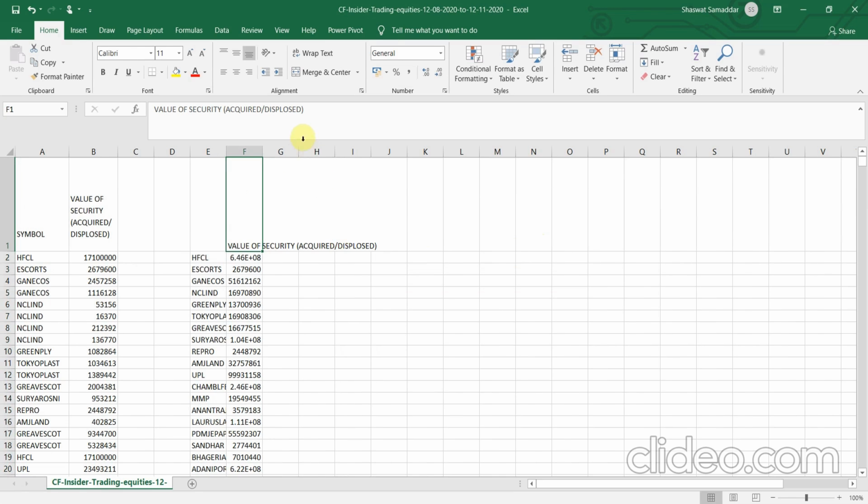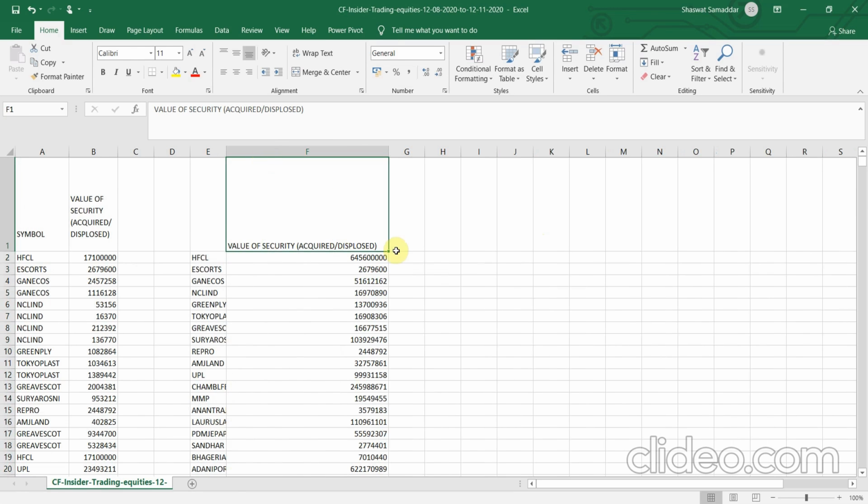I will consider doing analysis for only those symbols in which the value of security is greater than 1 crore. Okay, now this lower bound of 1 crore is according to my rules. You can change this rule, you can change the lower bound to 80 lakhs, 95 lakhs or whatever value you seem fit for your analysis, but as per my rule I'll consider it as 1 crore only.